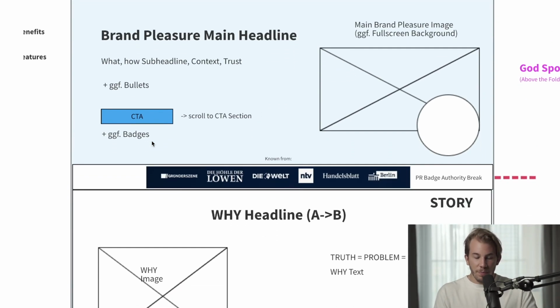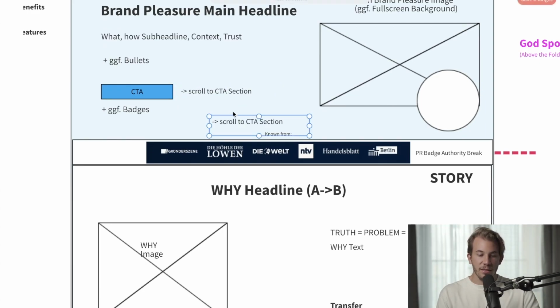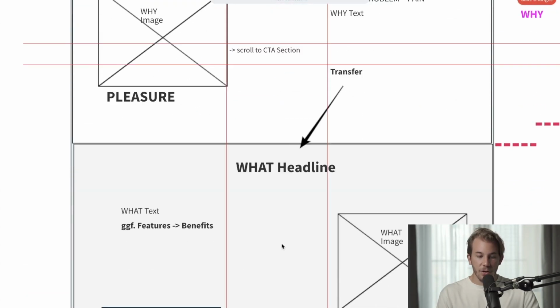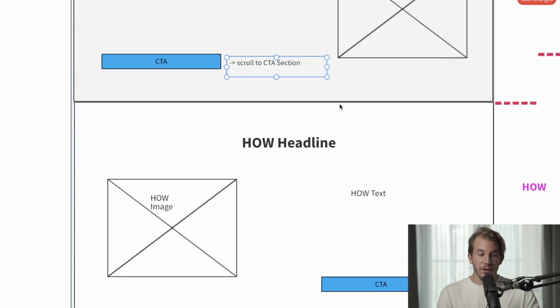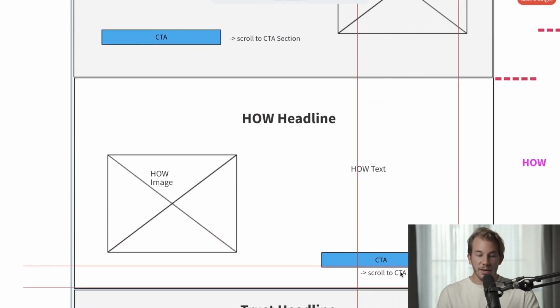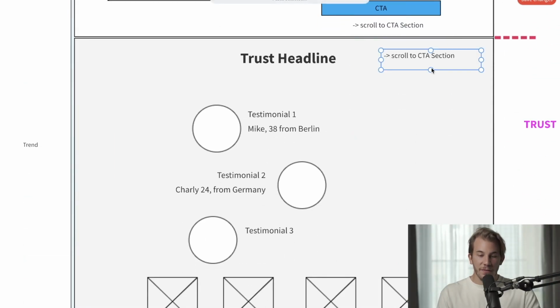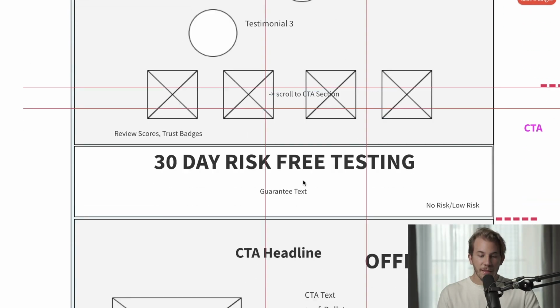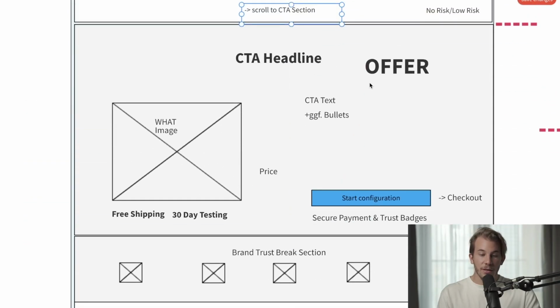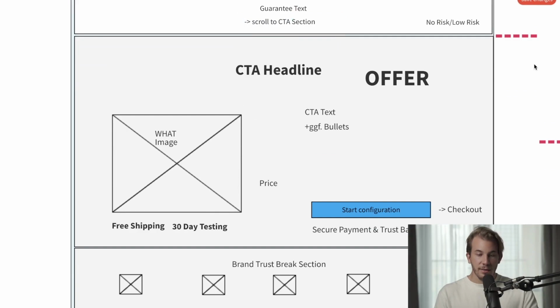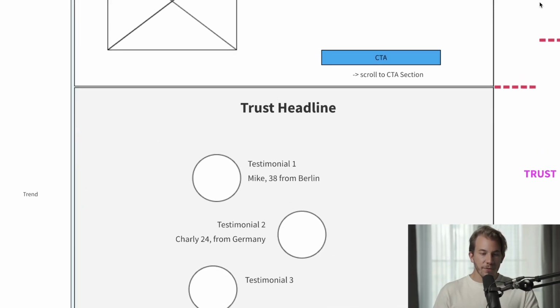So what we do is we set these call to action buttons to scroll down to the call to action section. You can read this here: scroll down to CTA section. You have the scroll down to CTA button there, you have the scroll down to CTA button here, you maybe have another button here after that. And now they're at the call to action section. This call to action section now shows everything that they get. Here, for example,